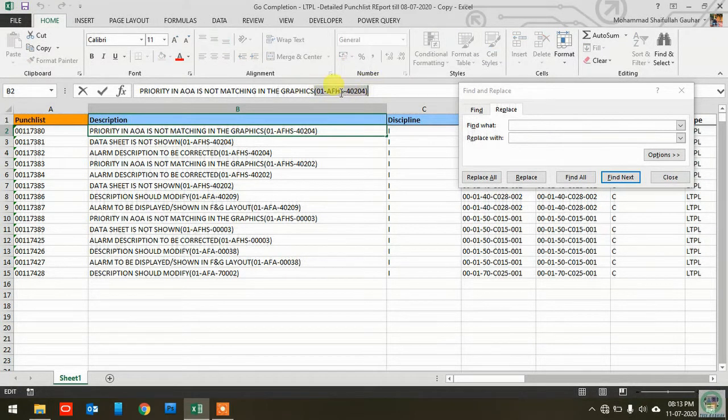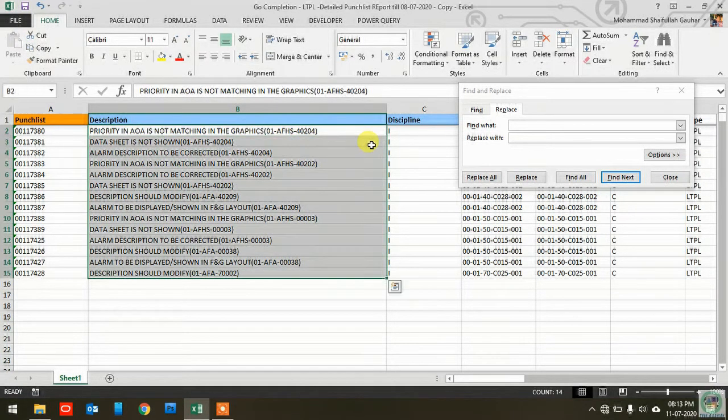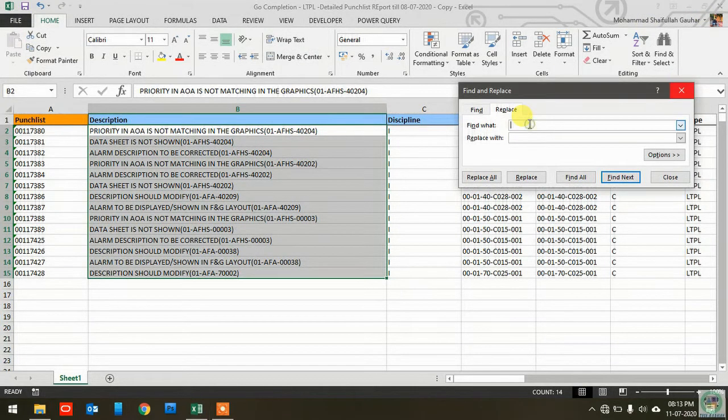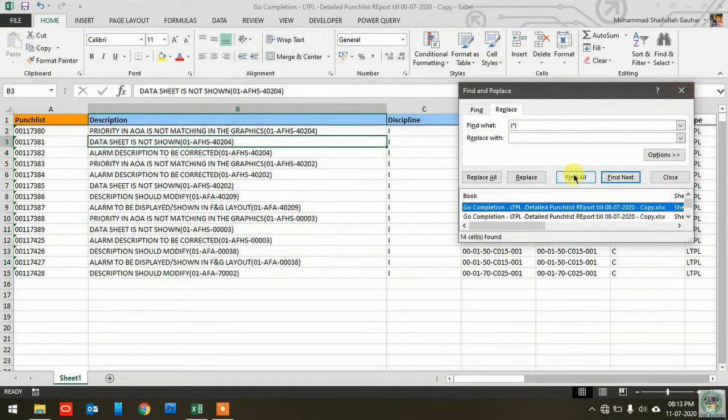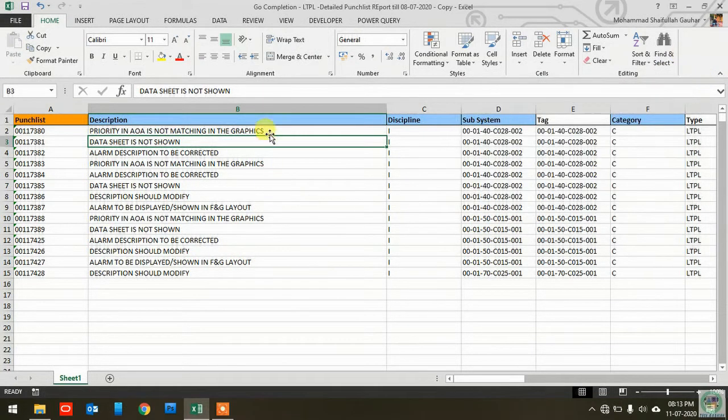Okay, so you want to completely remove all this text and words. So what you have to do, select this all, okay, and then click here. You put this open parenthesis, asterisk, and then close parenthesis. Click on find all. You see a lot of information you got here. Click on replace all. So as you can see here, all the texts, all the numbers have been removed from